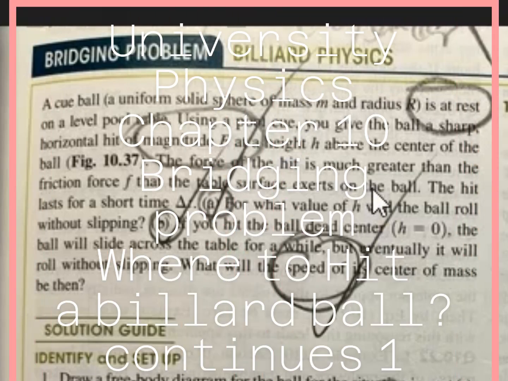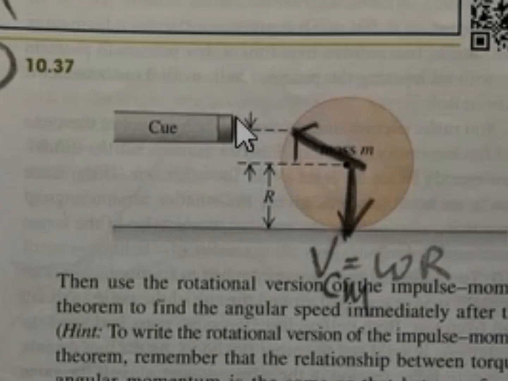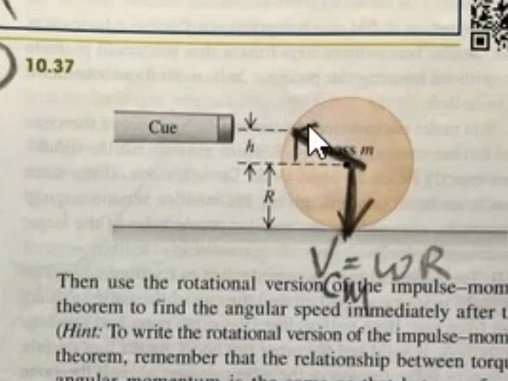So what this problem asks us to do is that we have a billiard ball and a cue stick. The cue stick would strike the billiard ball at a certain place with respect to the center of mass of the billiard ball. So there are two parts to this problem. The first part, A, is to ask at what distance from the center of mass should the cue stick hit